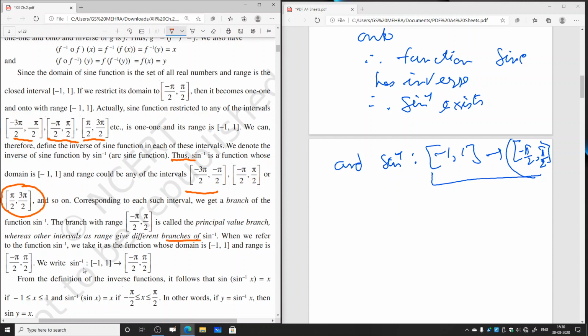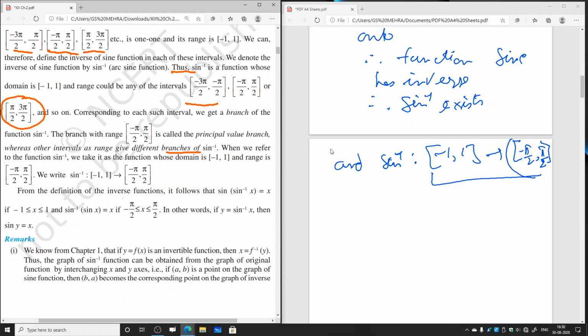So when we refer to the function sine inverse, we actually mean the function having the domain as the closed interval minus 1 to 1 and the range as the closed interval minus pi by 2 to pi by 2, unless it is otherwise mentioned. So from the definition of the inverse function, it now follows that sine of sine inverse x will be equal to x, where x will be between minus 1 and 1, including minus 1 and 1,